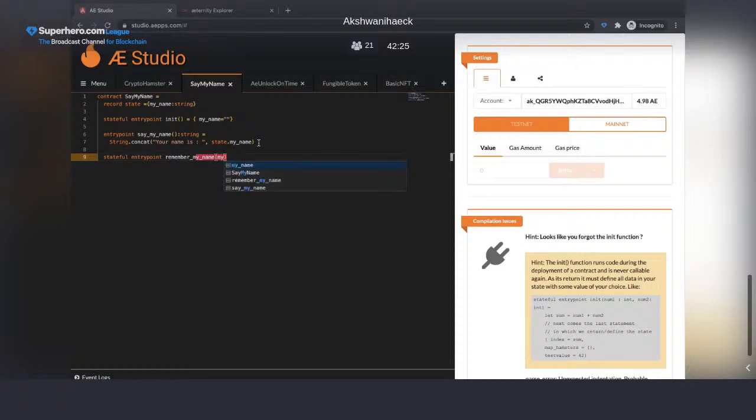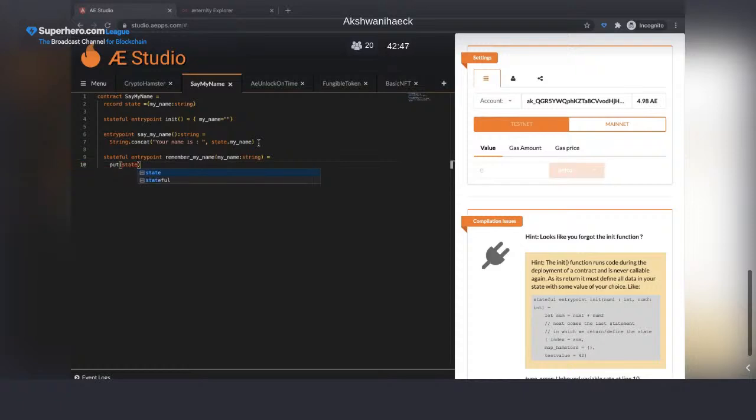And of course, I will need a variable that will keep the same type. This time, I don't have any return type because I won't be returning anything. I just put this information and update the state.